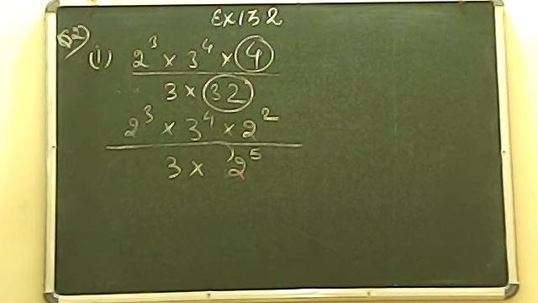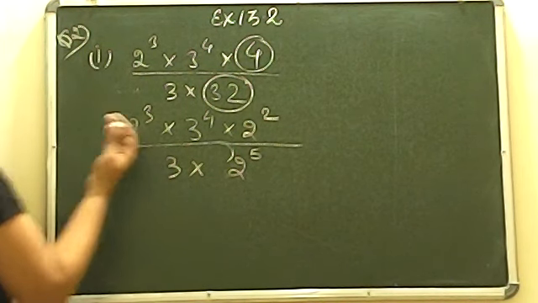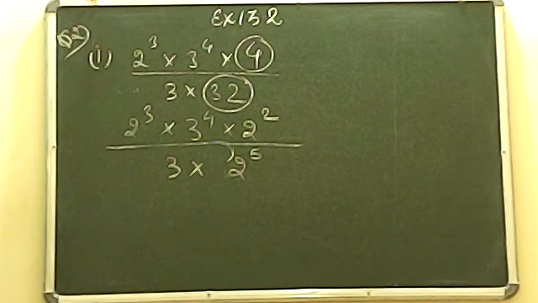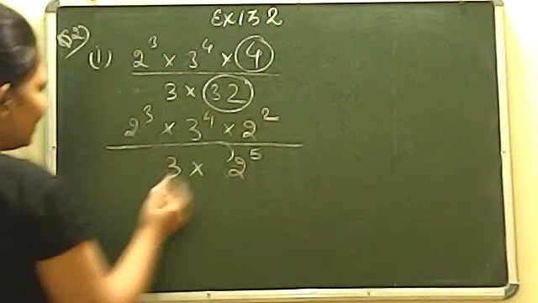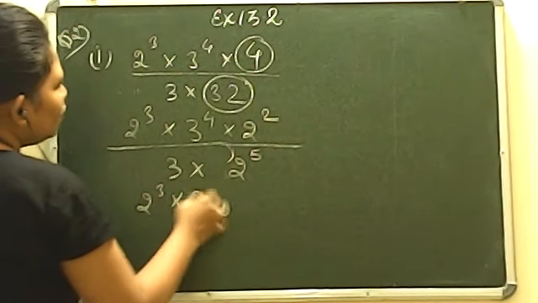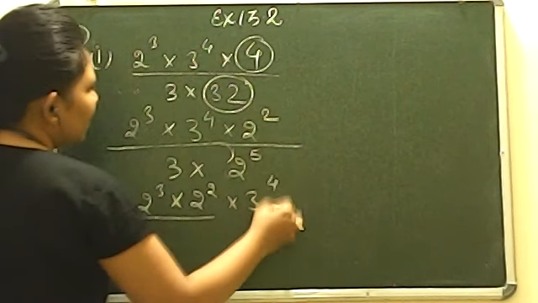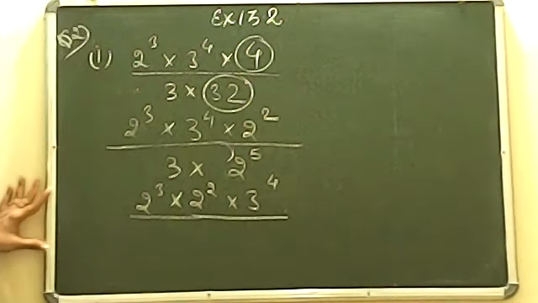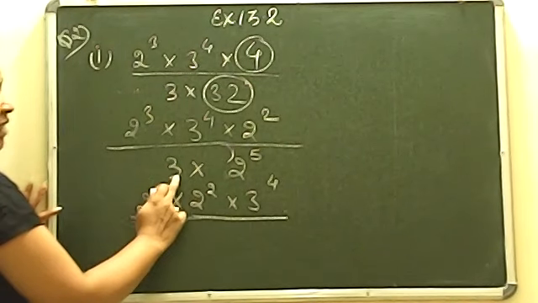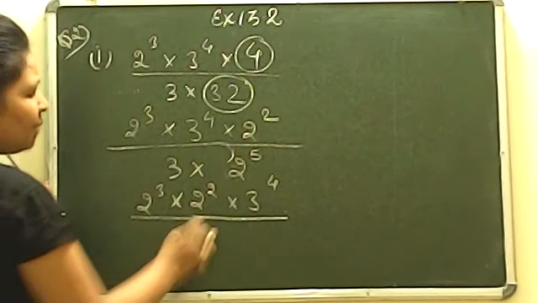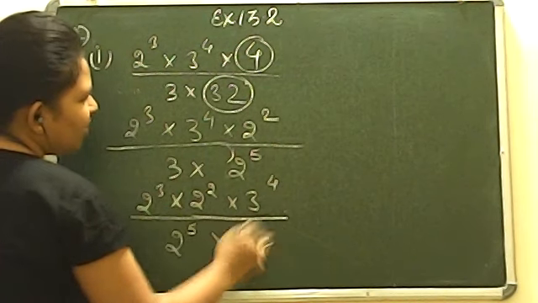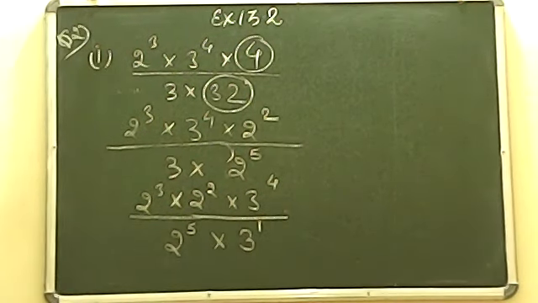So हमने हटा दिया. अब आपको याद होगा मैंने कल पढ़ाया था, जब भी हमको इस टाइप का क्वेश्चन मिले तो आप उनके पेयर्स के साथ उनको लिख दो. It will give you the easiest way to solve it. पहले हम 2 को 2 के साथ लिख देते हैं. It means 2 की पावर 3, 2 की पावर 2 एक साथ लिख दिया और 3 को हमने कर दिया बैक पे. 3 की पावर 4 ऊपर वाला अरेंज हो गया सिस्टमैटिक. Now look at here. यहाँ 3 पहले है 2 बाद में, तो पहले हमने 2 को सामने लेके आ गए और हम 3 को पीछे लेके चले गए. 3 की कोई पावर नहीं है, इसका मतलब है 3 की पावर 1 है.